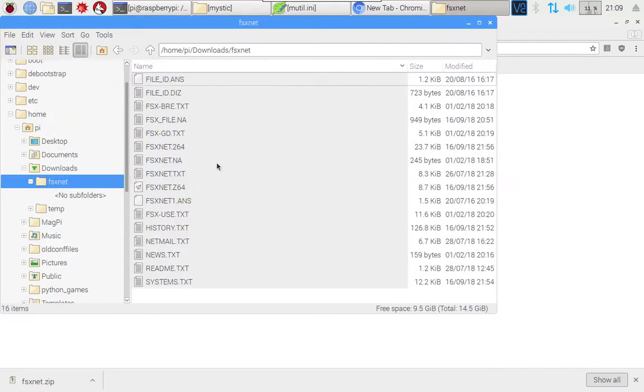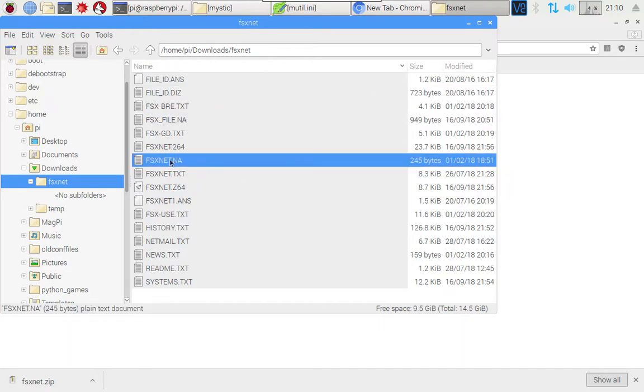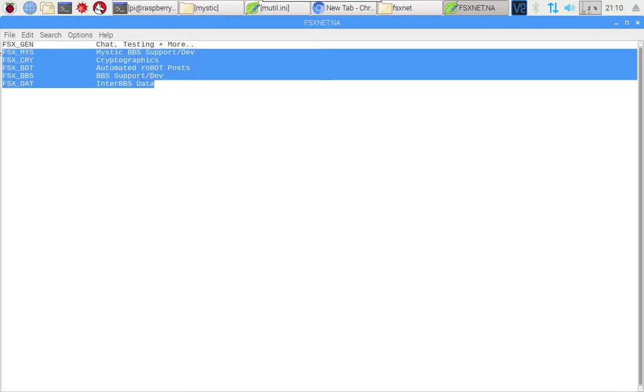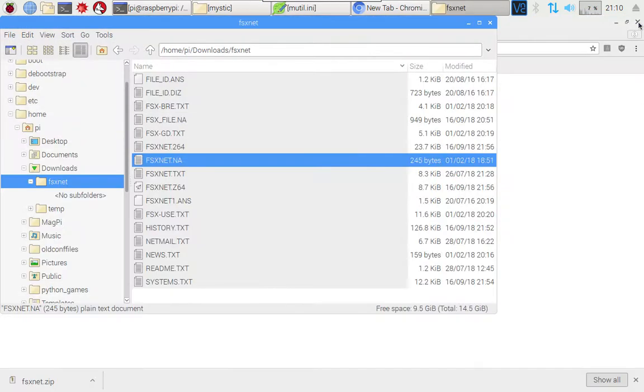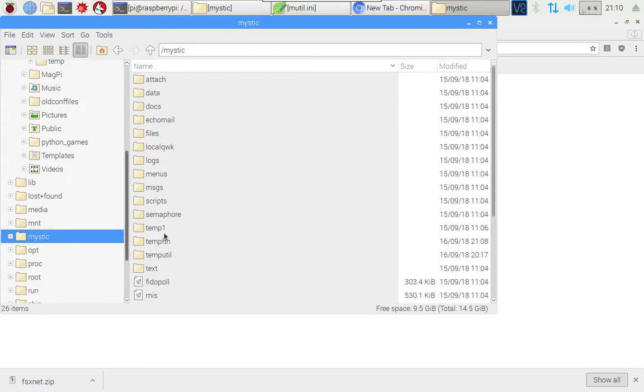Now if I look inside this folder, there's a whole bunch of files that you can read at your leisure, but there is one in here called FSXNET.NA, and if I open that up for you to have a look at, it is a formatted file that contains the unique tag for each of the message bases and the description of the base. And so what we can do is we can use Mystic to actually create our message bases for us, or we can use Mystic Utilities at least, and use this file to help set things up. So I am going to copy this file and just put it in the Mystic directory for now,